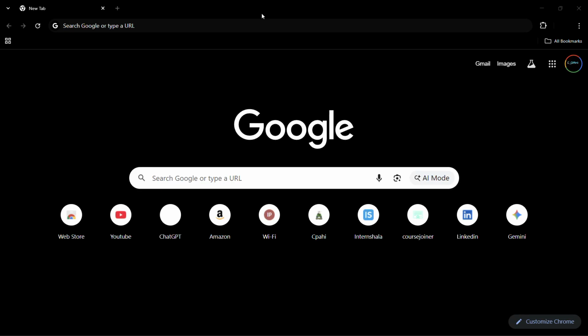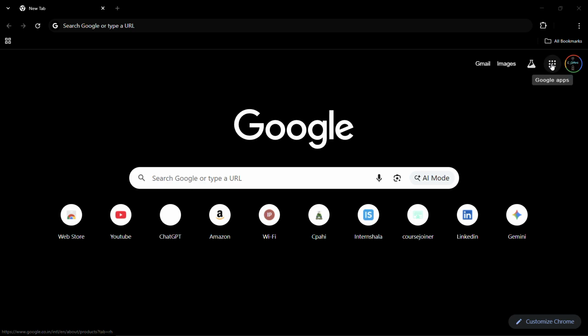In this tutorial I'll be guiding you through the steps on how you can use and access Google Books. So in order to start, the first thing that you can do is open any web browser of your choice. So I have launched my Google Chrome for the same, and then once you're inside your Google Chrome, you can